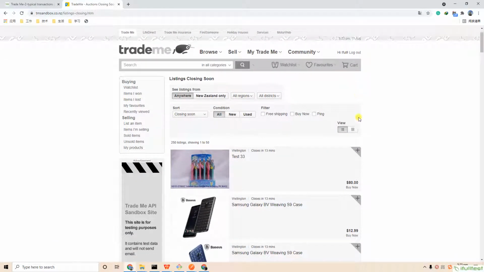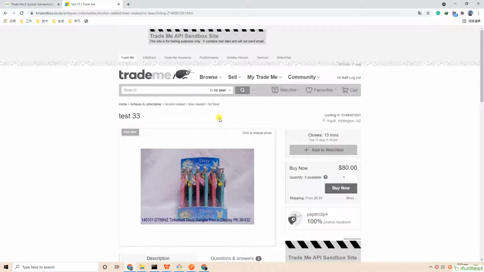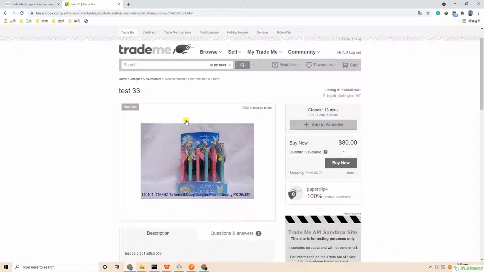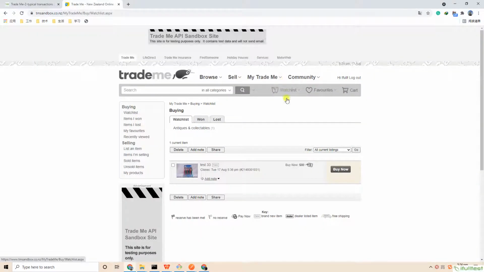Then you can randomly select one item and directly click the plus to add the item into your watch list, or you can go in the item details page, click add to watch list. Then you can go view watch list. See, the item has already added into your watch list.